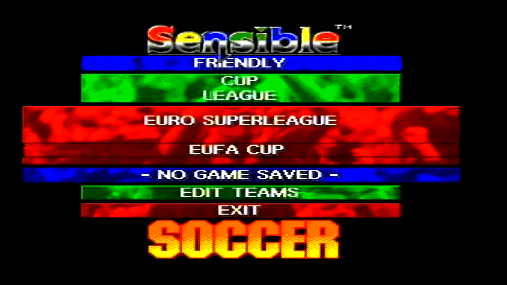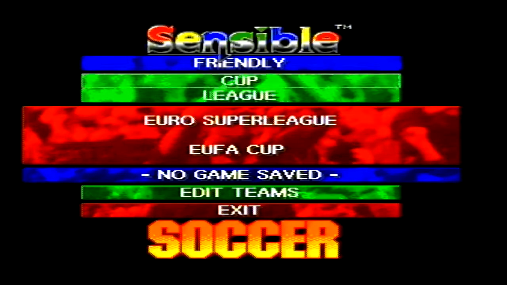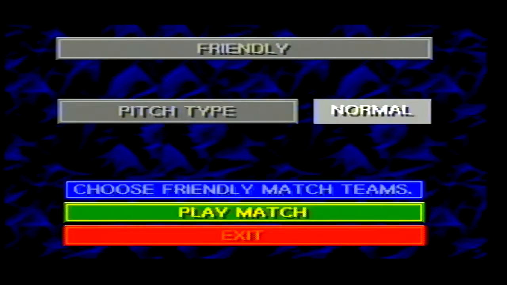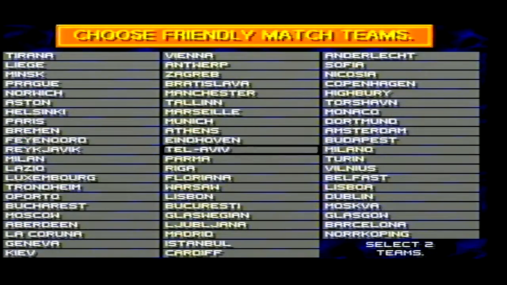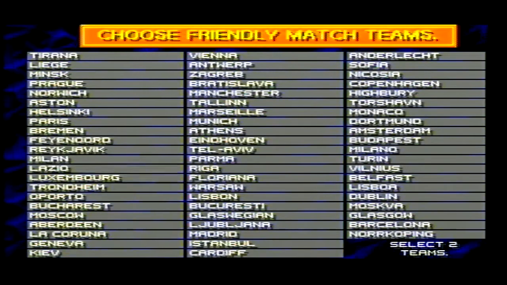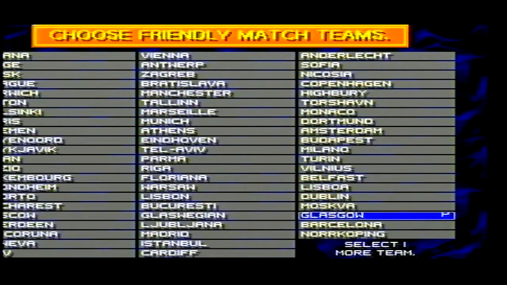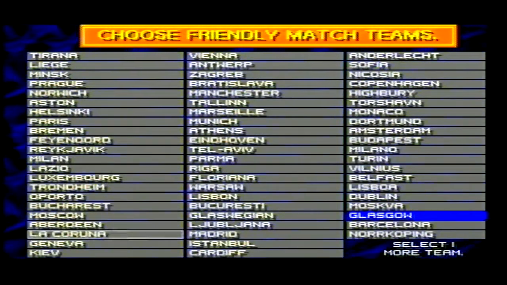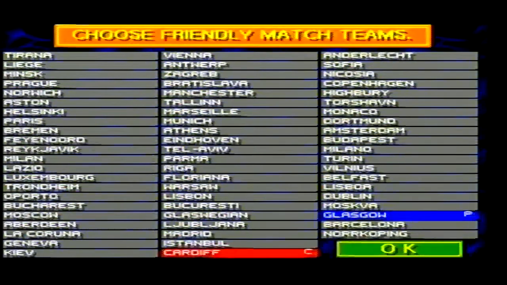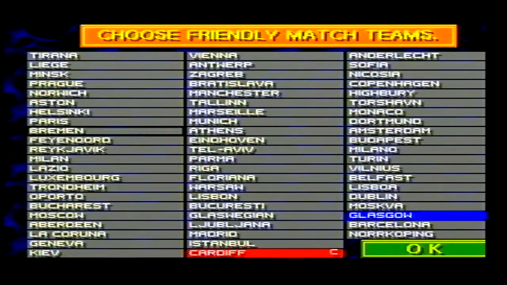So let's do club teams. It's hilarious what club teams are actually in here, so let's have a little look. You can edit your teams as well. You could edit them and change them in any way you wanted. So we'll go friendly, and we'll play the match, normal pitch. And we just got some of the names, just some clubs, you know. Glaswegian, so we've got Glasgow and we've got Cardiff and things like that. There's some team names in here, but some are just names,